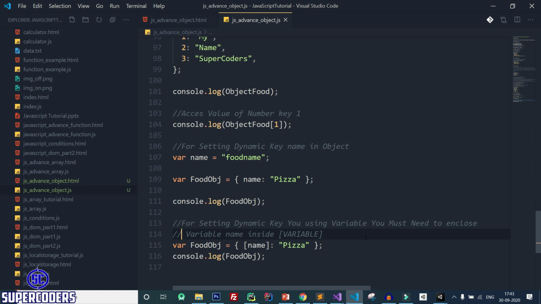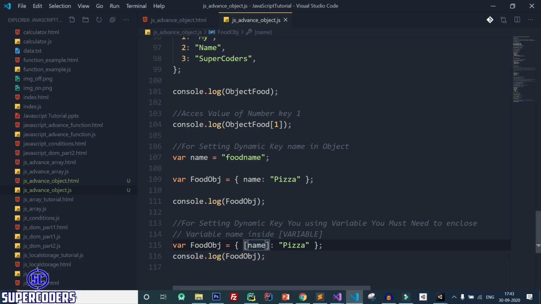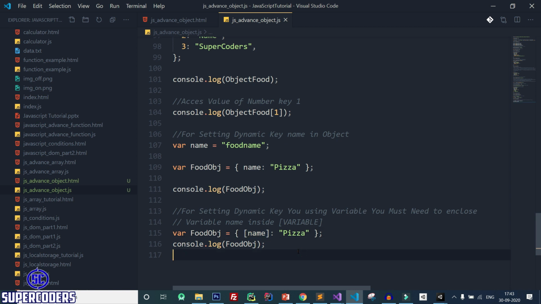Save it. So remember this, when you want to set a dynamic key, you can use square bracket and set the value. In this way you can use dynamic key name. You can see this example here. First is using simple name, but it will take as a name property, and in second I am using a variable name and passing as a dynamic key, and it is working as a dynamic key. So remember this, how you can set a dynamic key.